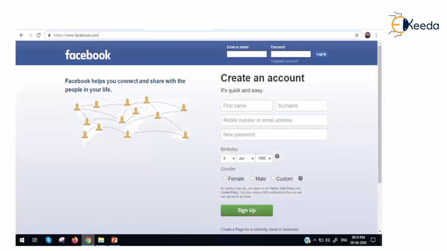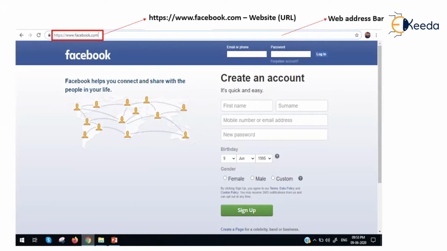So as soon as you open a Facebook login page, you can see many things present here. The very first thing you can see is https://www.facebook.com, which is called a website or URL. What is URL, what is website, we will see in the upcoming slides. Next thing we can see here is the web address bar. Now what is this web address bar? This is a bar where you write the URL so that the page will get loaded